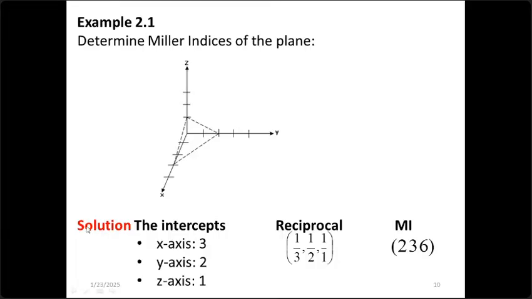Look at this. I want to ask the class rep if he's listening to me. Class rep, can you read example 2.1? Determine Miller indices of the plane. Okay, good. You can see the plane. The dotted line is indicating this